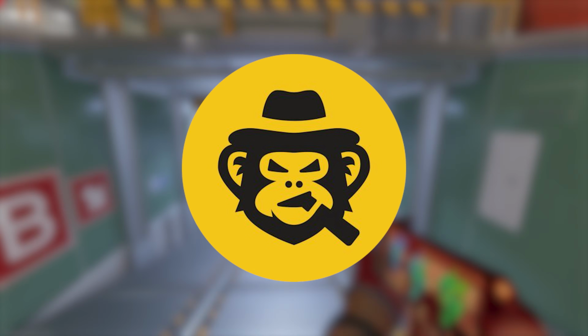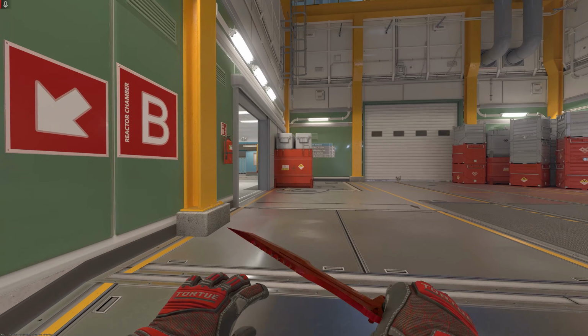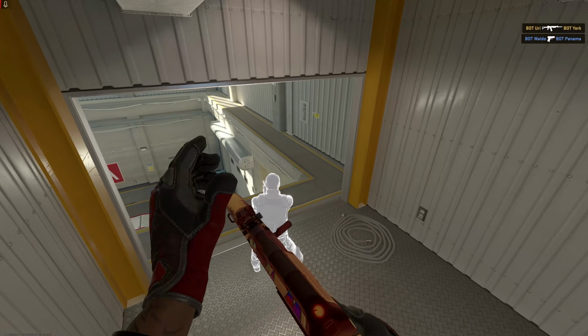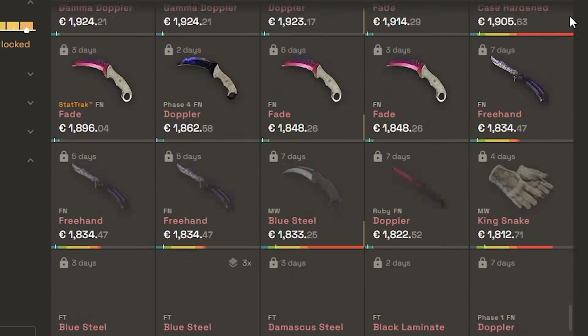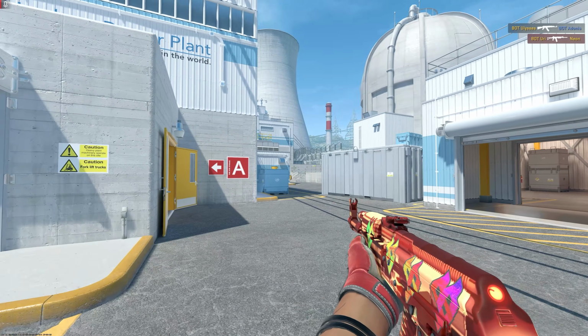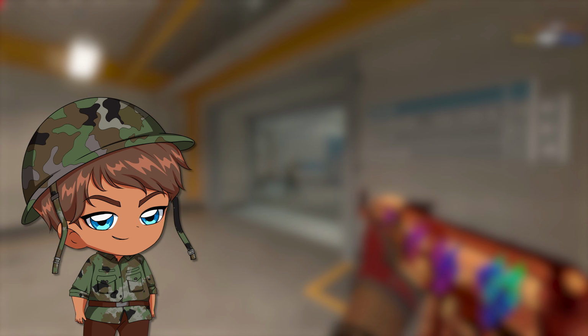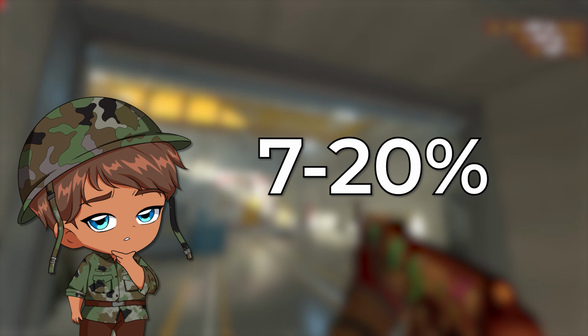SKINSMONKEY and other bot trading sites are more popular than ever, and this is not without a reason. Free clicks, accept the trade offer, and easy as that, you just exchange your CS2 skins. And with the insane amount of items these websites offer nowadays, it is hard to get a better deal this fast. But of course, for this very convenient service, every site takes a fee, which typically ranges between 7 and